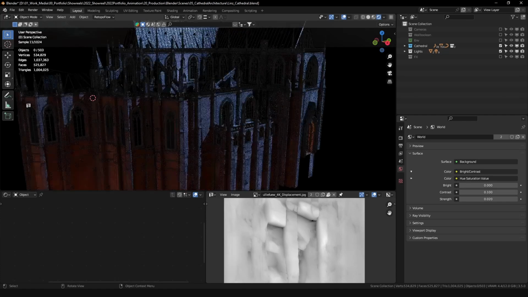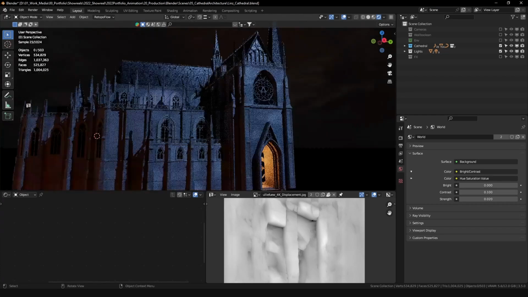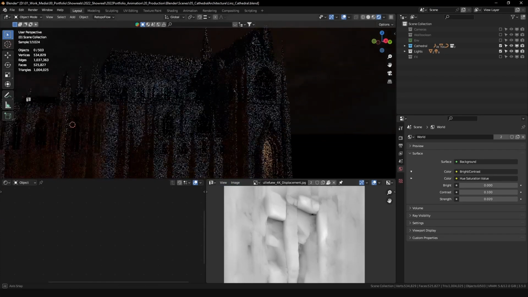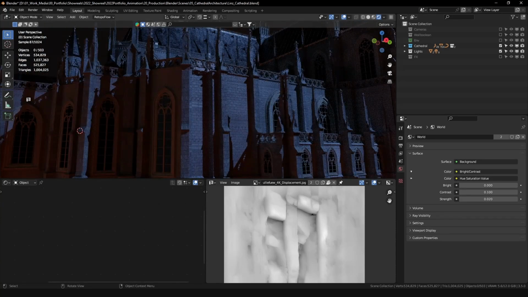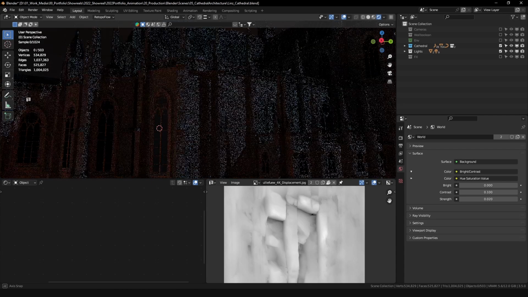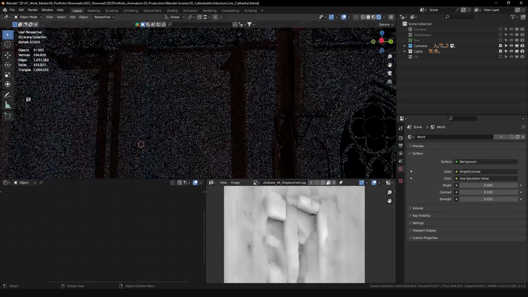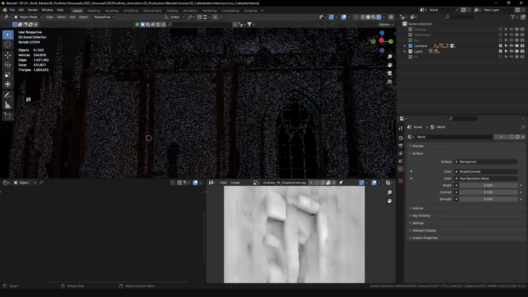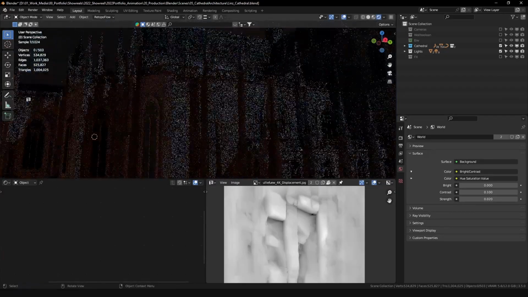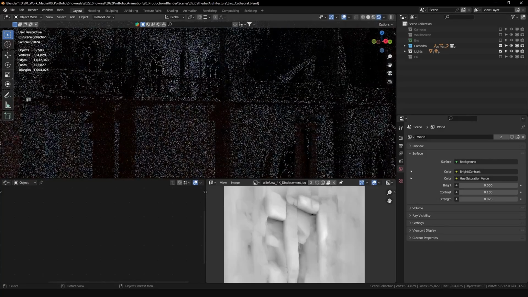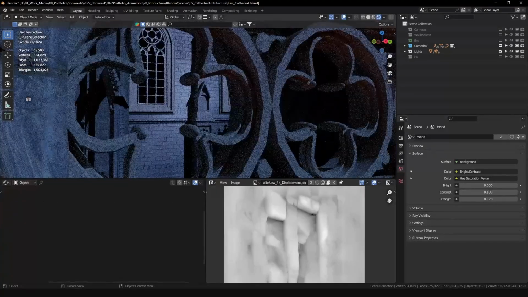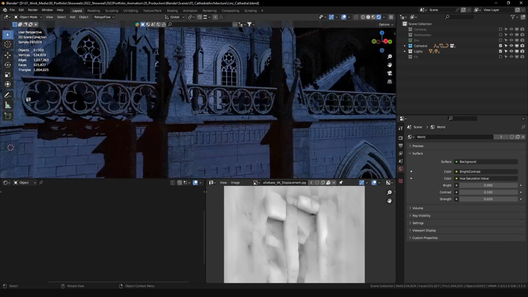I didn't really do anything that special for the shading for the cathedral. I searched quite a long time for the right brick texture. If you look close, it's not that great. I didn't even UV it properly, because again, this was just a fun project, so I didn't want to spend too much time on it. If you look closely here, I didn't do any UVing, so don't feel bad if